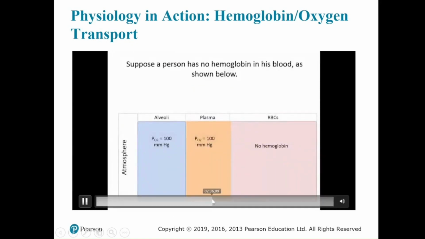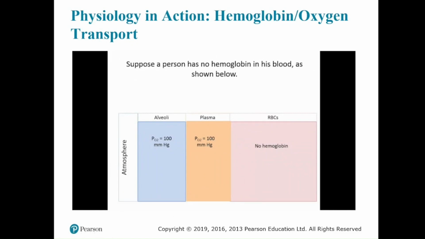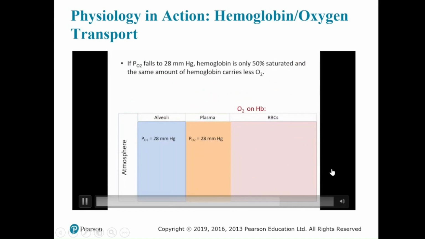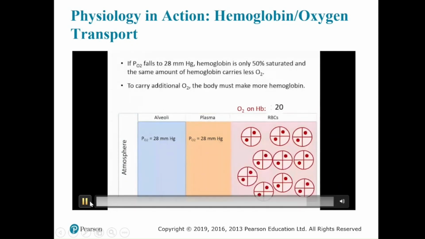Suppose a person has no hemoglobin in his blood, as shown in the box diagram below. What will happen to the amount of oxygen that can dissolve in his plasma? The answer is nothing. Only 50% saturated. We see this with our hemoglobin molecule carrying only 2 out of a